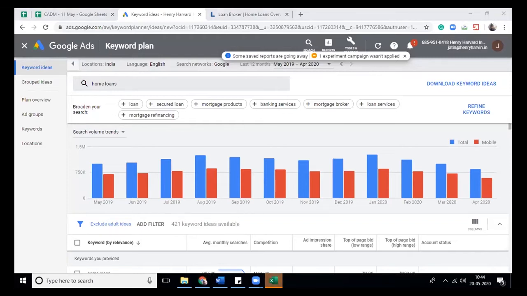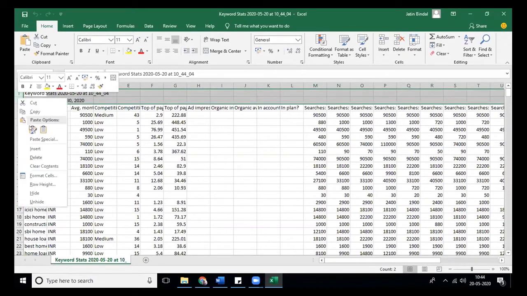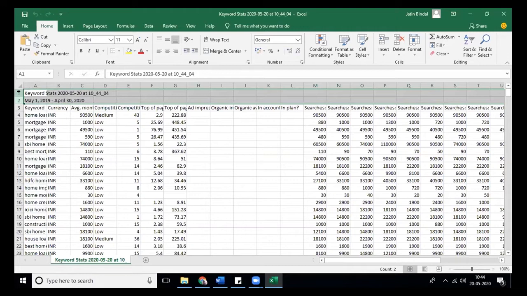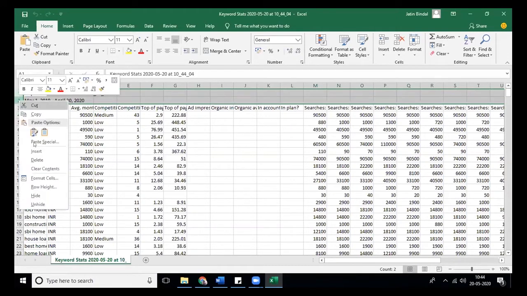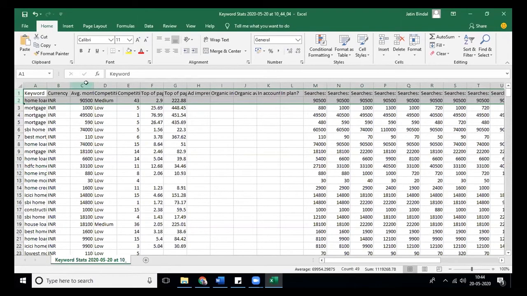Now let's delete the irrelevant columns over here. What are the relevant columns for us? There are two columns which are relevant for us. The first column is keyword and the second column is monthly searches.